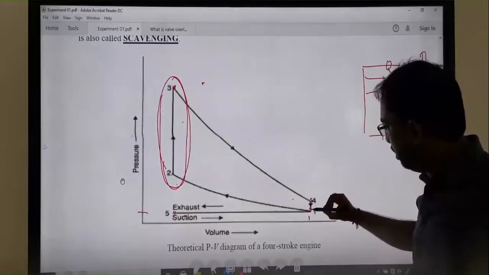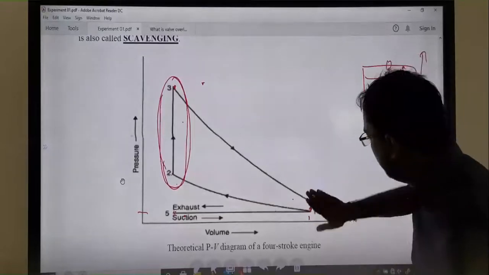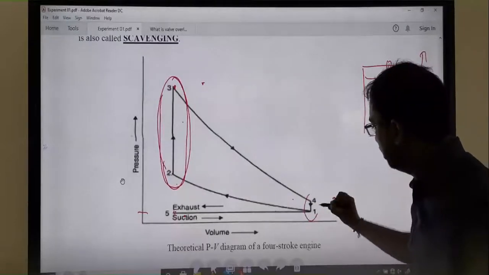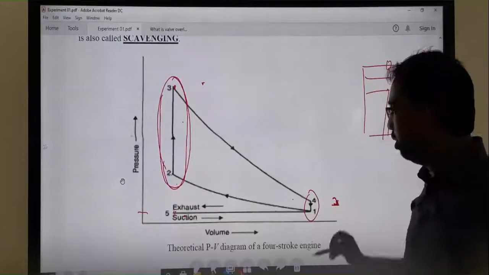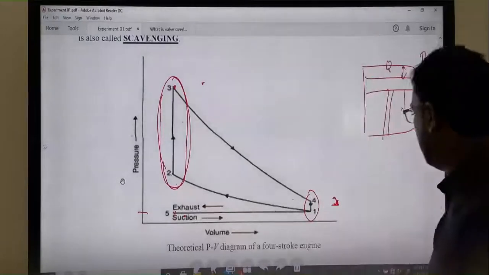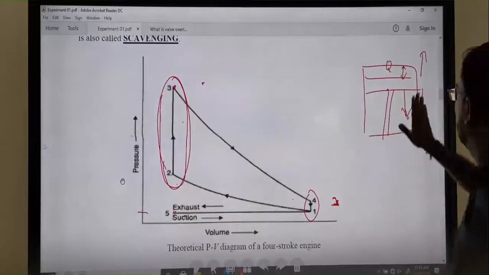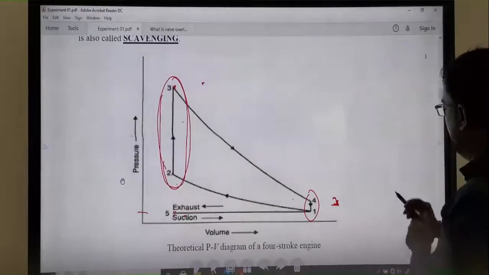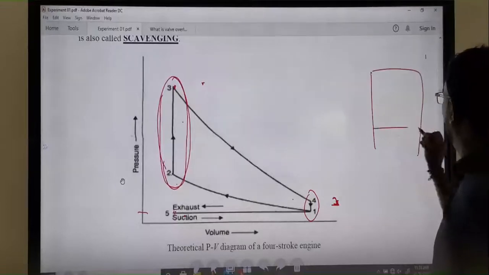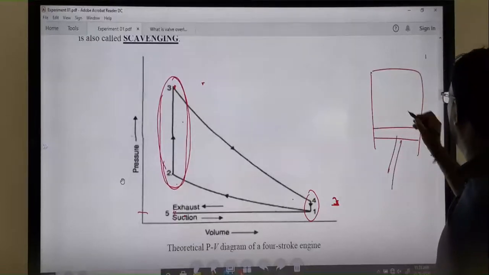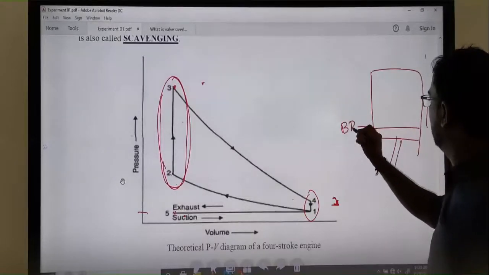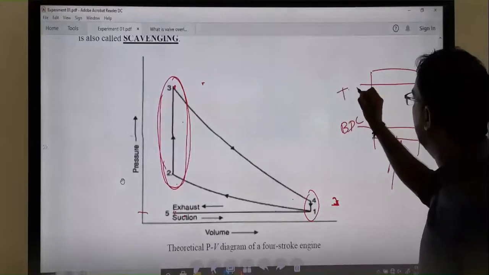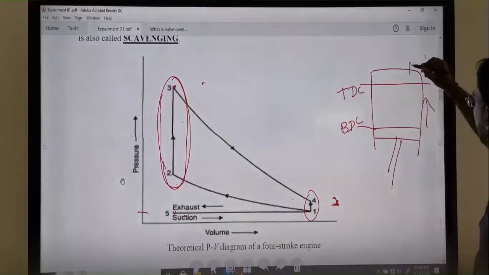We can see a small area here, 4 to 1. This is from 4 to 5, linked with the exhaust process. So at that time the piston moves from BDC to TDC. So at that moment